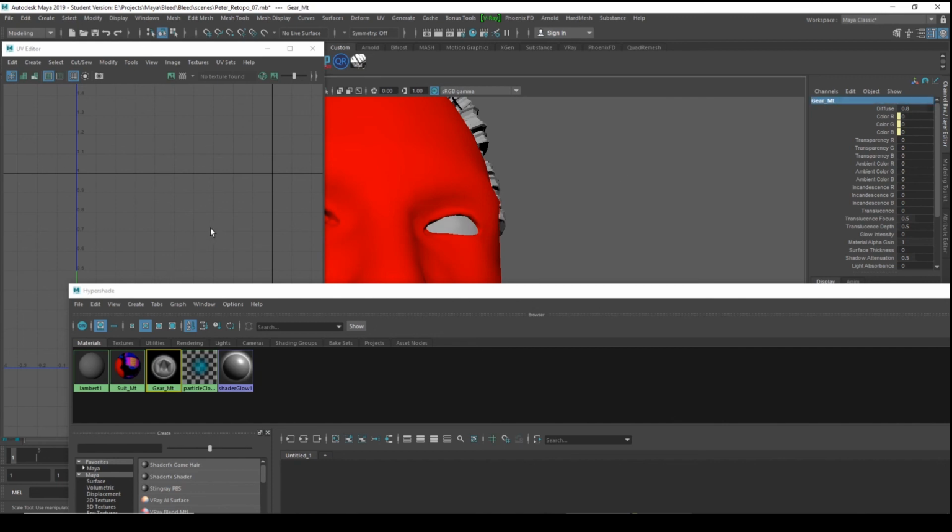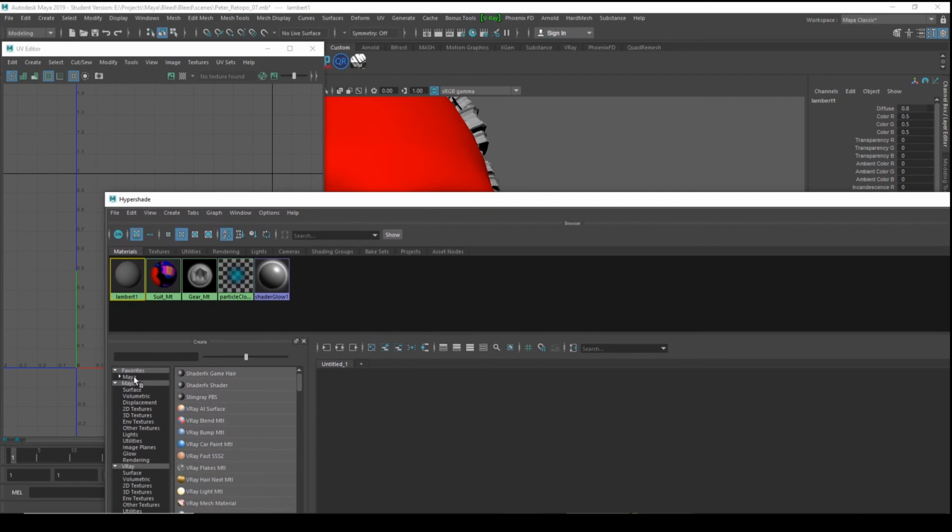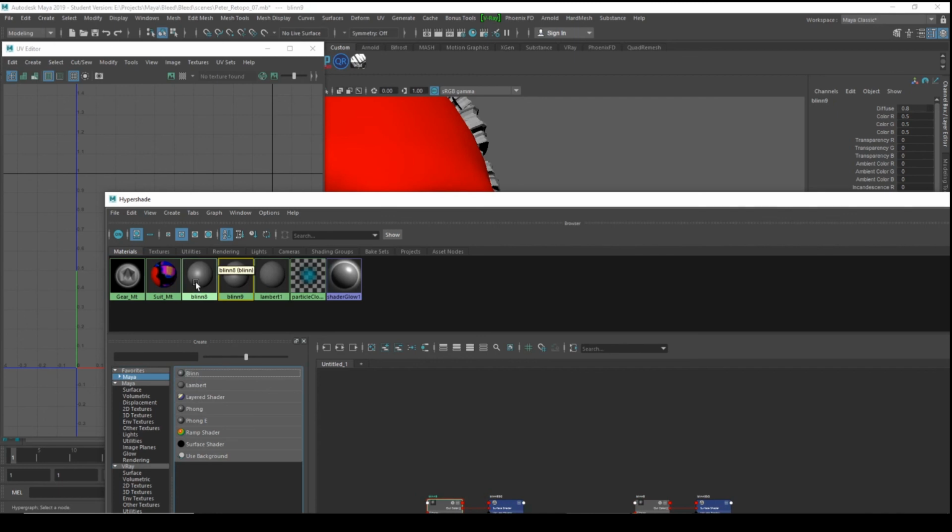Alright, now let's make some materials for the eyes, and these are the Lambert, the one for Maya gave us. So what do we have to do next? Let's go ahead to Maya and make two blend materials, one for the eyeball and the other one is for the iris. So let's say here eyeball